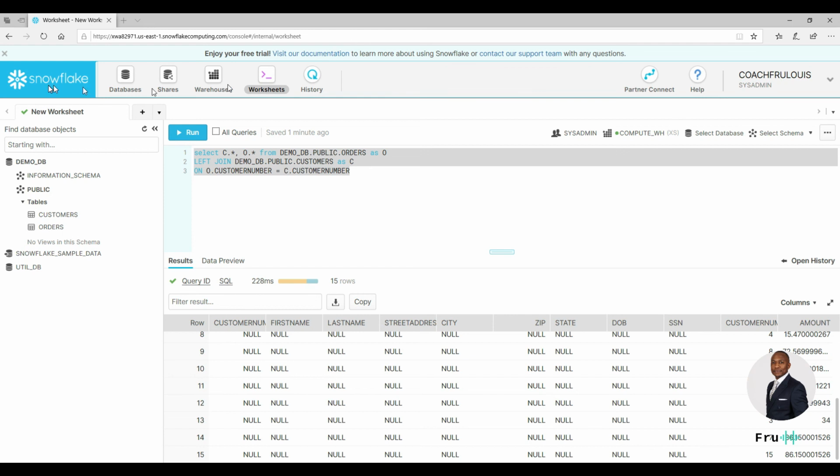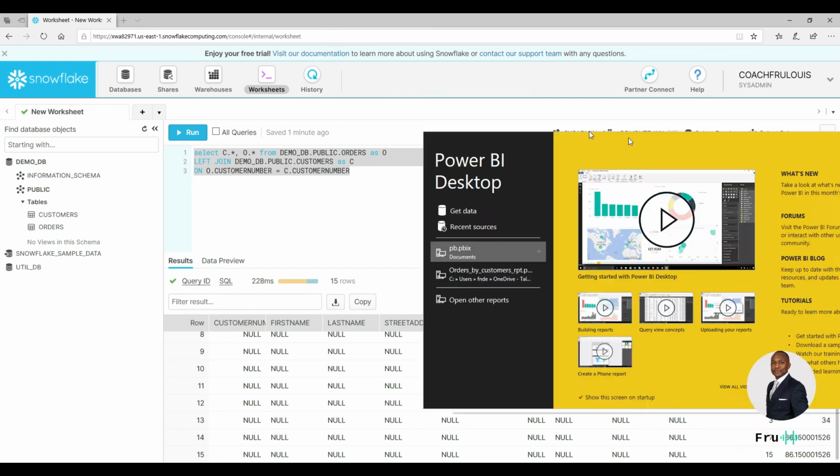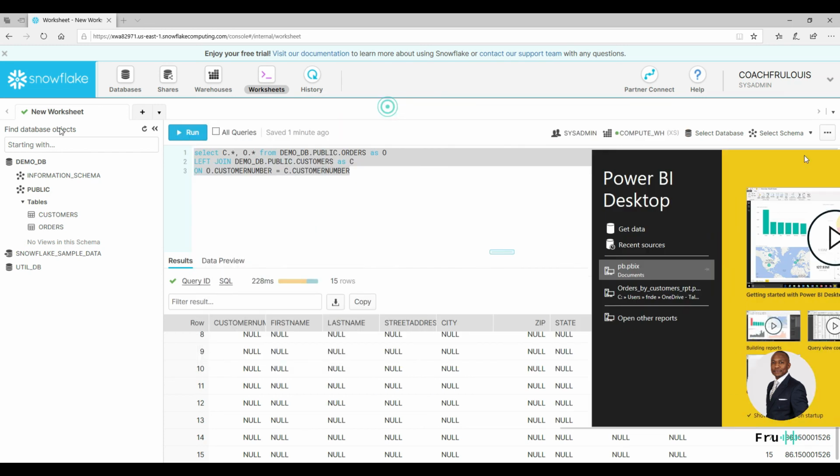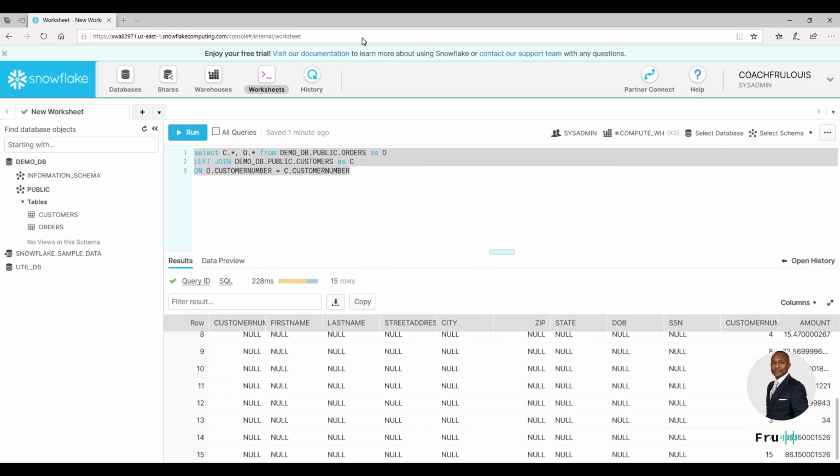All right, guys, I think this is going to be the end of this particular presentation. I think my Power BI just came up here. If you wanted to use Power BI, you can connect it to Snowflake. I think that would be a separate video on its own. But hopefully this gives you a quick idea of how to take Talend, set up your Snowflake connection, and load some data from files or from databases or from APIs into a Snowflake environment,